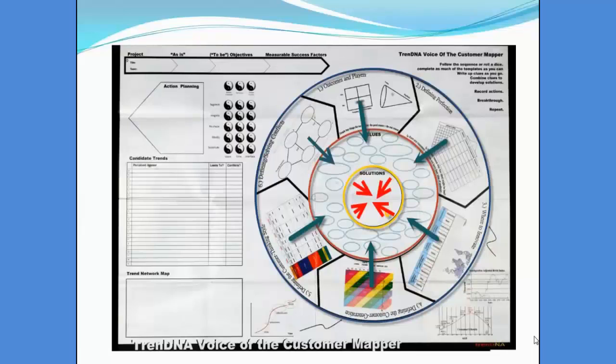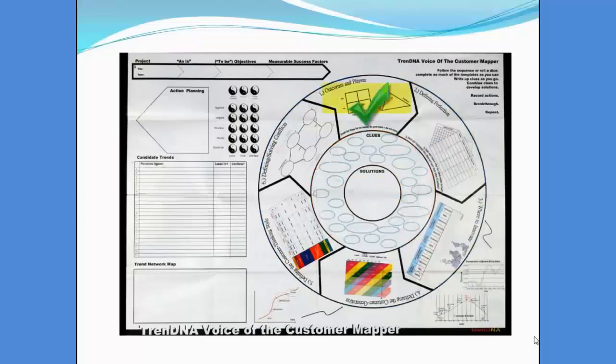Application of thought follows this 3 concentric circles approach. Discussion of specific activities in the first circle sees ideas converted to clues in the second circle, which finally refine to solutions in the inner circle. Let us get to the details of the outer circle, which has 6 main activities. And the first is outcomes and players. It focuses on the ideal function that we might want to deliver and the various